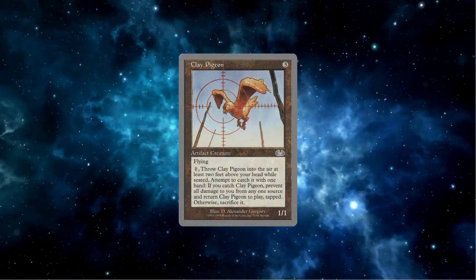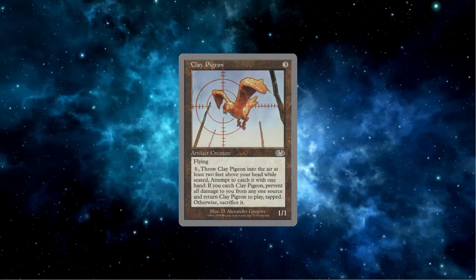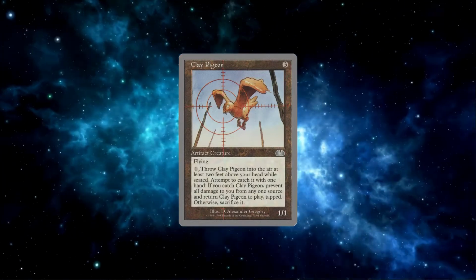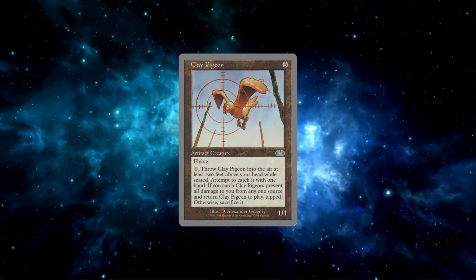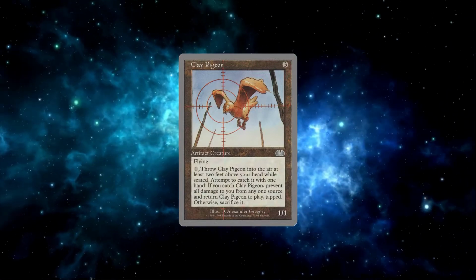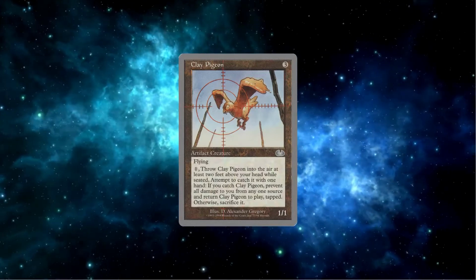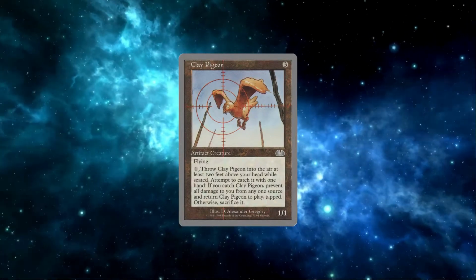It's an artifact for 3 colorless, and it has flying, and you can pay 1 colorless and throw Clay Pigeon into the air at least 2 feet above your head while seated. Attempt to catch it with one hand. If you catch Clay Pigeon, prevent all damage to you from any one source and return Clay Pigeon to play tapped. Otherwise, sacrifice it. I'm sure many of you have seen the episode with Brandon Sanderson in the Command Zone game nights